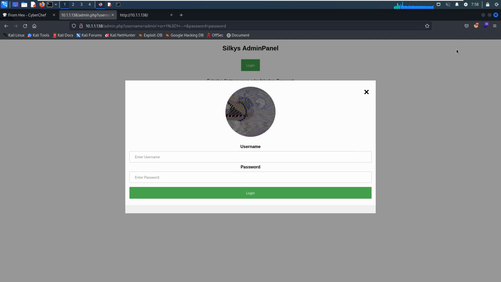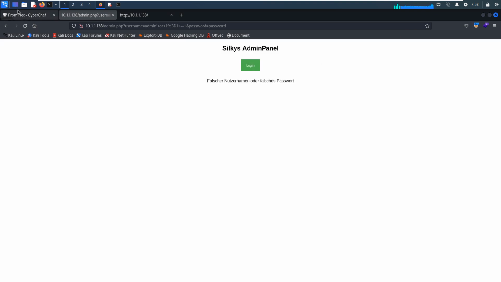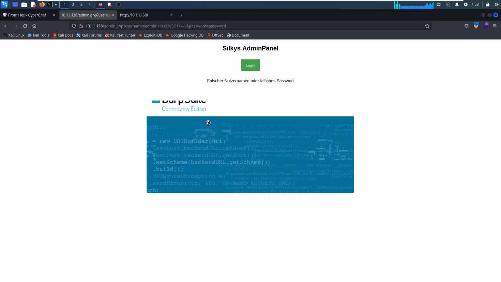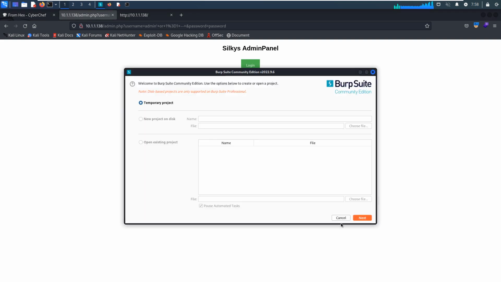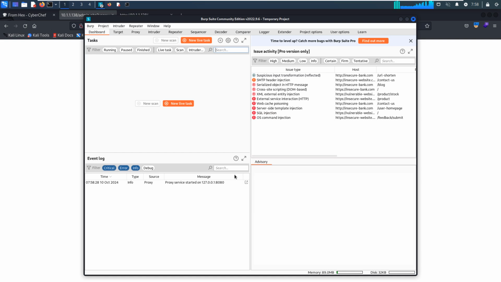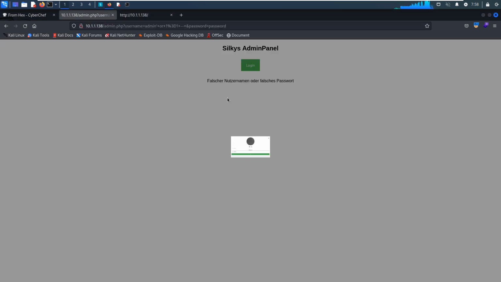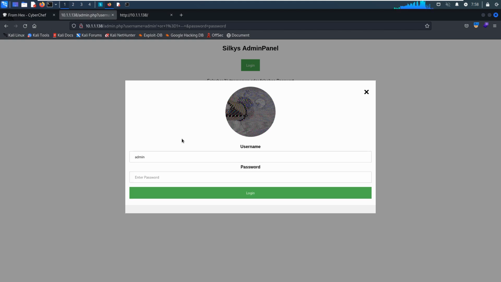Okay, we can use Burp Suite to intercept the request. Let me show you in action so you can know what I mean exactly. Okay, and proxy, and we can log in, and we can try to input anything as the password.